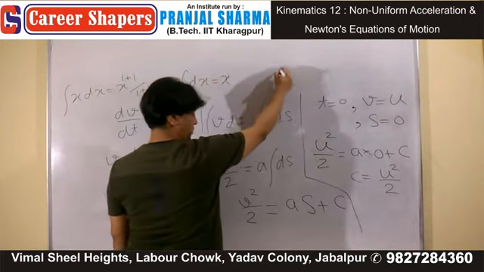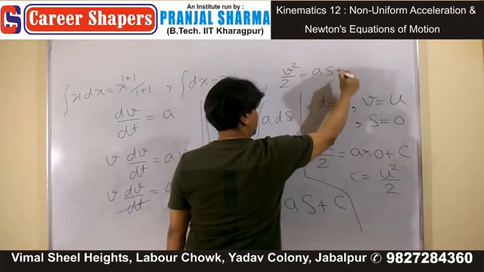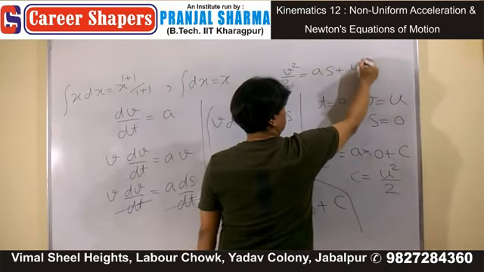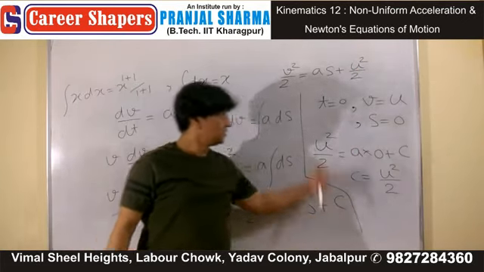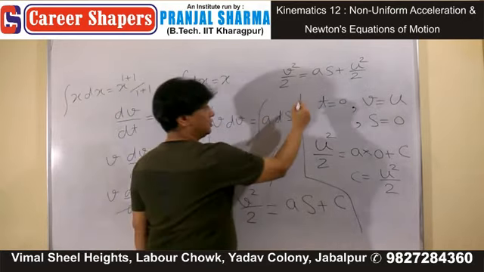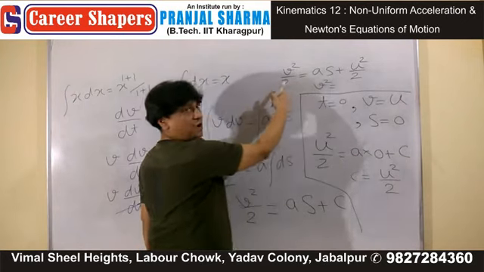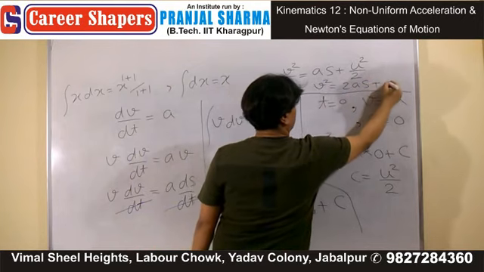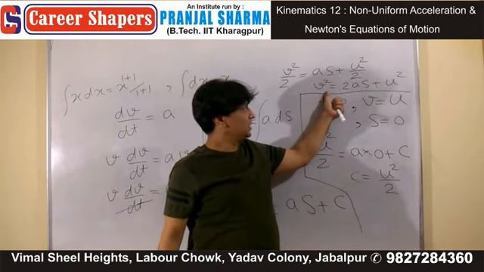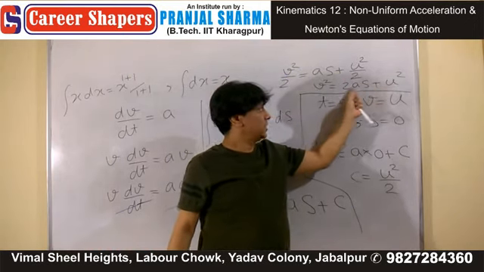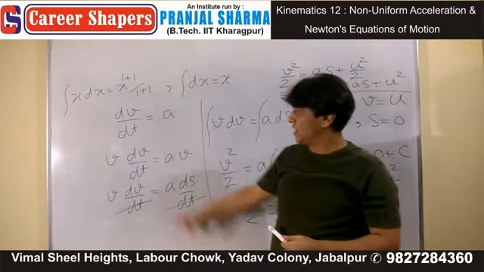So when you put C in this equation, it becomes V square by 2 equals AS plus C, U square divided by 2. Value of C. Multiply with 2 and you get your answer. 2 gone, 2as, 2 gone. V square is equal to U square plus 2as with the help of calculus, that is with the help of